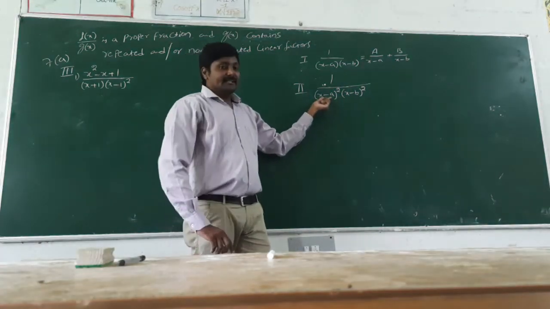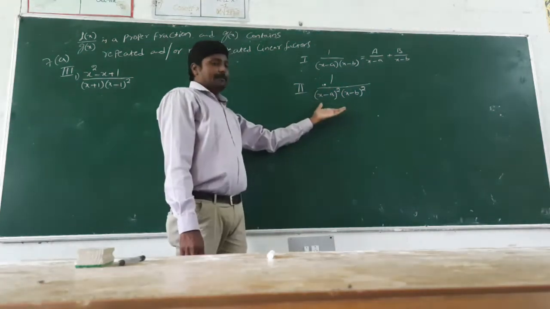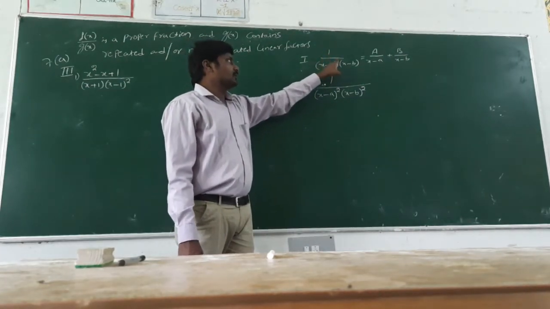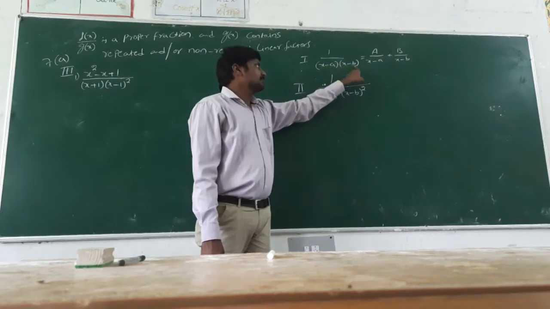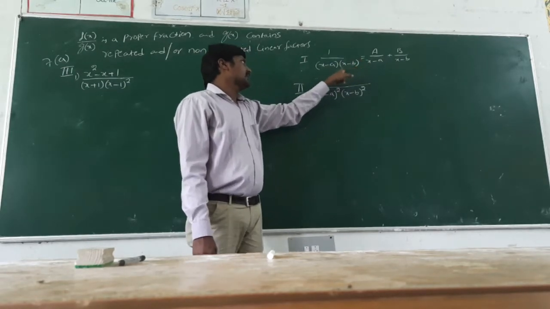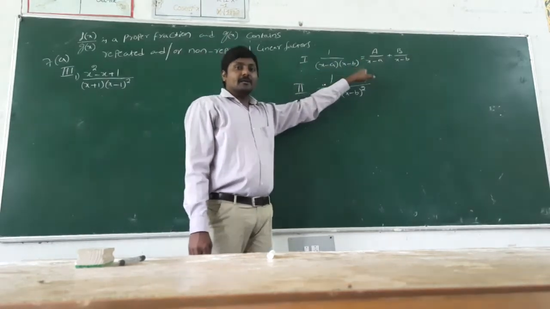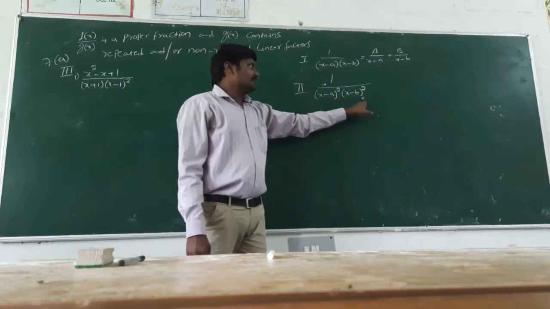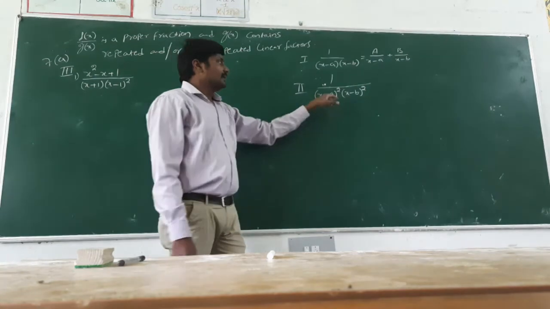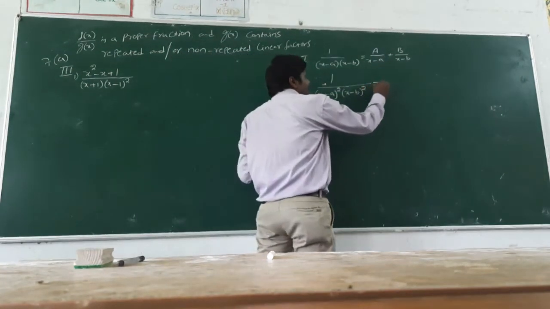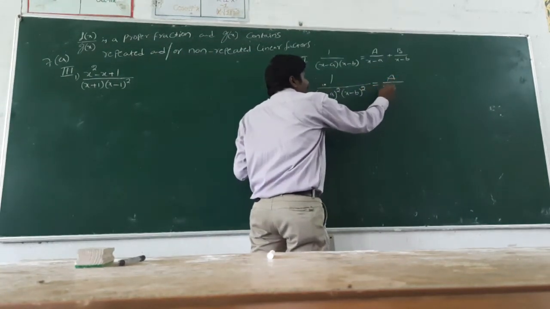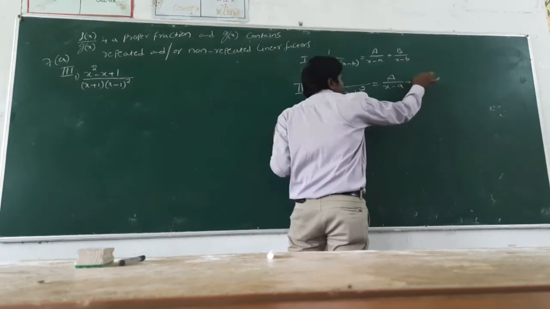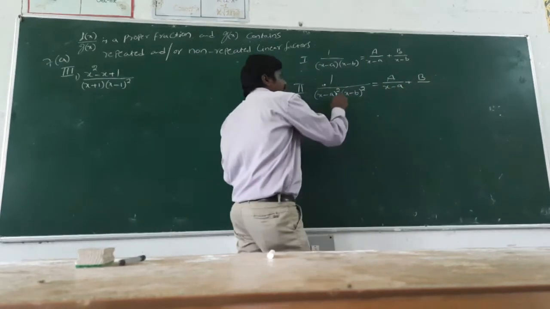x minus a is the linear factor, but it is repeated. But in the first case, x minus a is repeated only 1 time, and x minus b also only 1 time. These are called non-repeated linear factors. But here, the linear factors are repeated. For repeated linear factors, we take some constant A by the first factor x minus a, plus B by